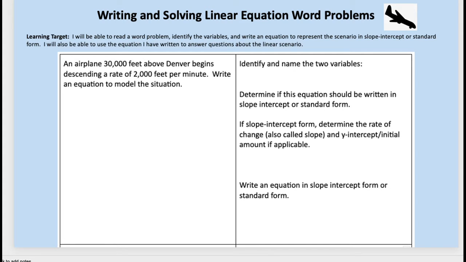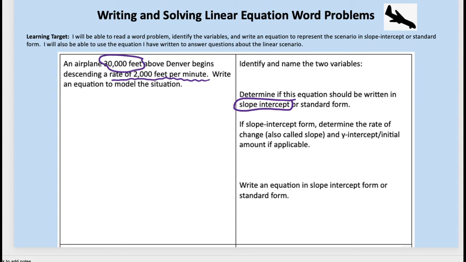this is going to have a negative slope because of that word descending, okay? And I also can tell right away that I'm going to write this equation in slope-intercept form. The reason I know that is because I am given a rate of change. When I'm given the rate of change, or the slope, and I'm given an initial amount, and in this case, it's an initial height,